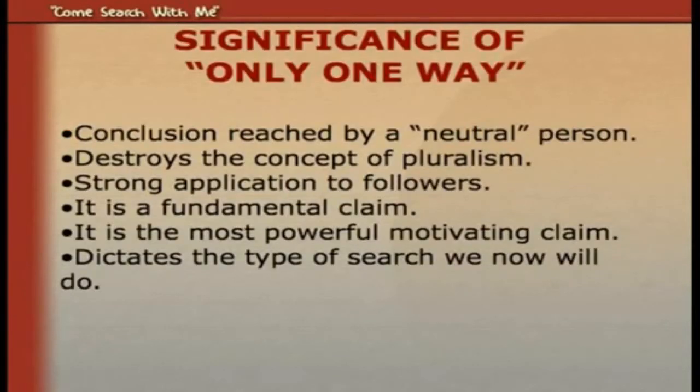So, when I came to that point, I had to evaluate what they were saying again. There's one and only one way. So what is the significance of this? The significance are many. I've just jotted down these six. Number one, it's a conclusion reached by a neutral person like you and me. Remember yesterday we stepped out of our philosophies. So we were like a person on the street. And we were neutral. We had no axe to grind. And from our neutral point of view, we came to the conclusion that there is just one way.